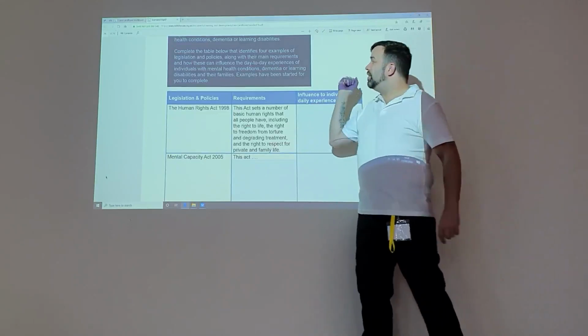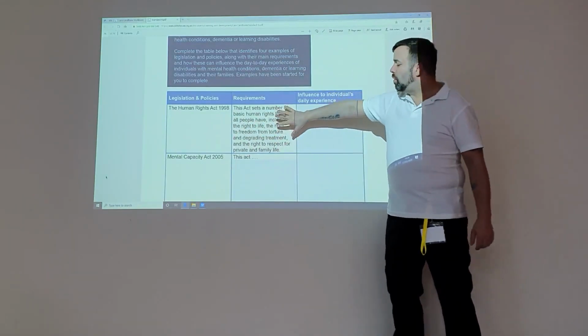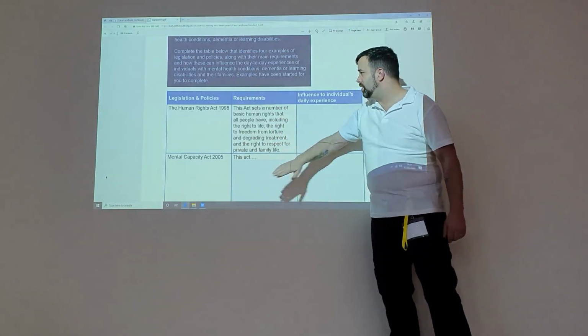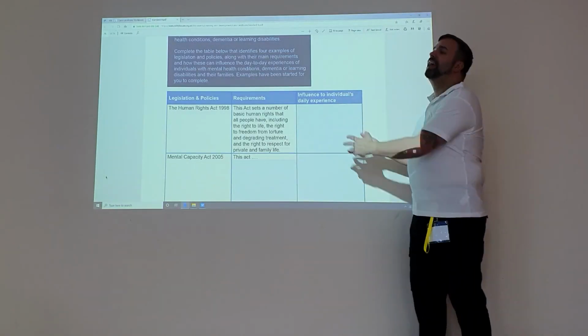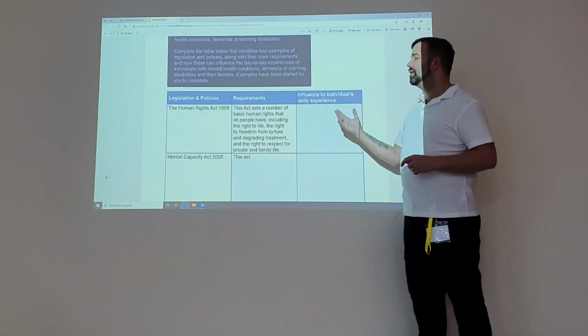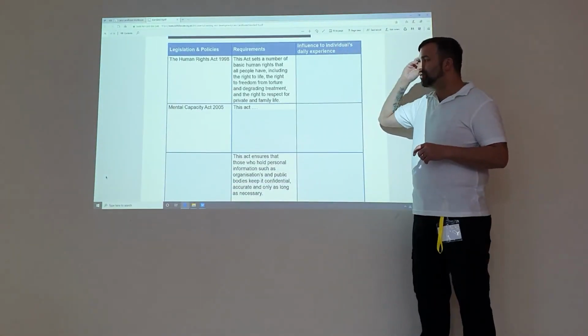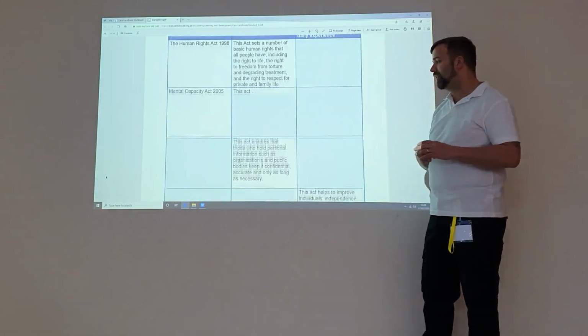This one again, it's all based on legislation. So you've got the law here, we've got why we've got this law. So again, you're summarising the law here. And here, what's the benefit of it? How does it help that person? So how does the Human Rights Act benefit somebody with dementia? And it'll be useful just to hold an illness or a condition in your mind to complete those tasks.